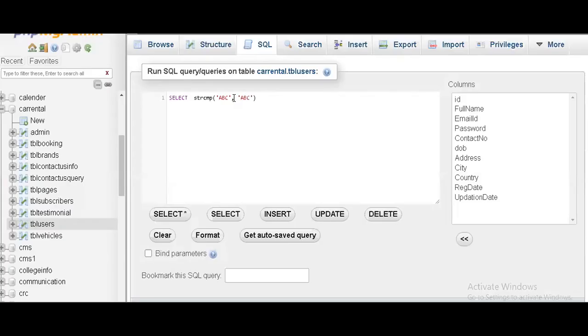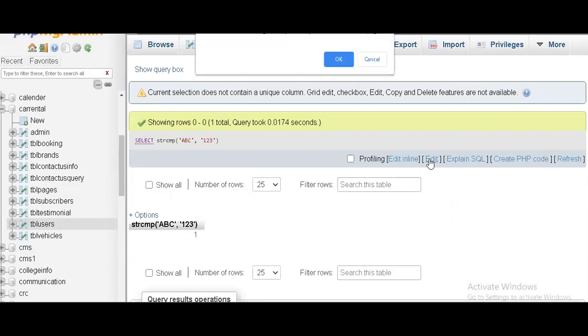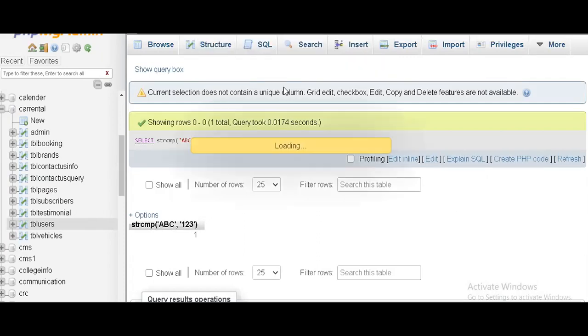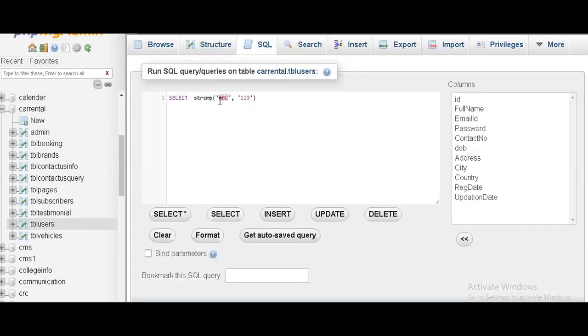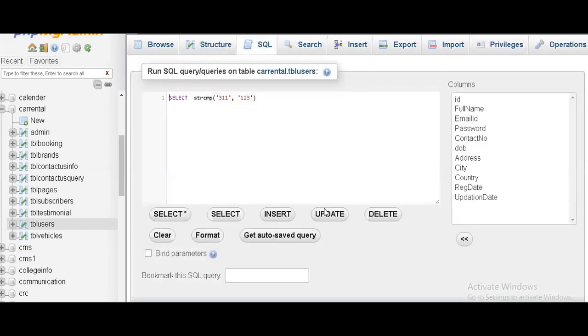Let me see another also. So I'll write here 1, 2, 3. What is the result? We'll check it. So here I got that both are different. Say here 3, 2, 1. If I say, see, both are different. Sir, what is -1? That's what I'm checking. I'm also checking for that.